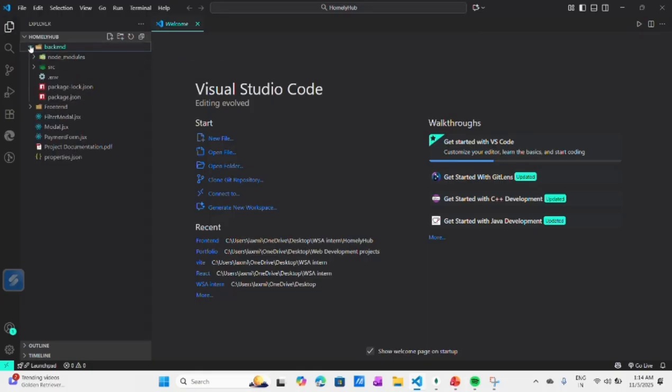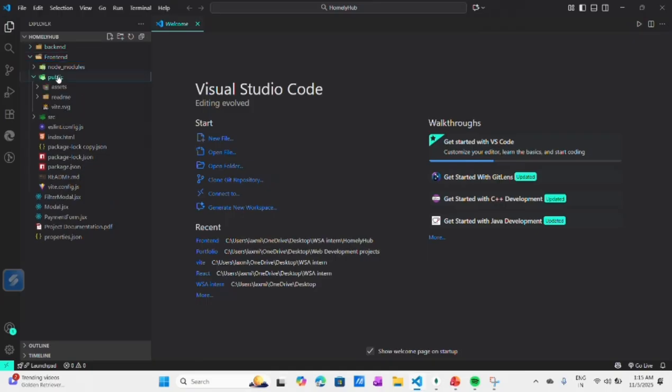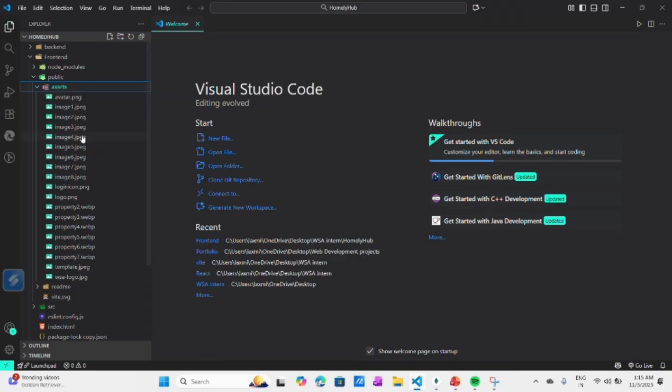Inside the frontend we have some folders like public, src, and node modules, and some files also, like the readme file, vite.config.js file, and package.json file. Inside the public folder we have assets. Assets have all the images which we are using in this project.